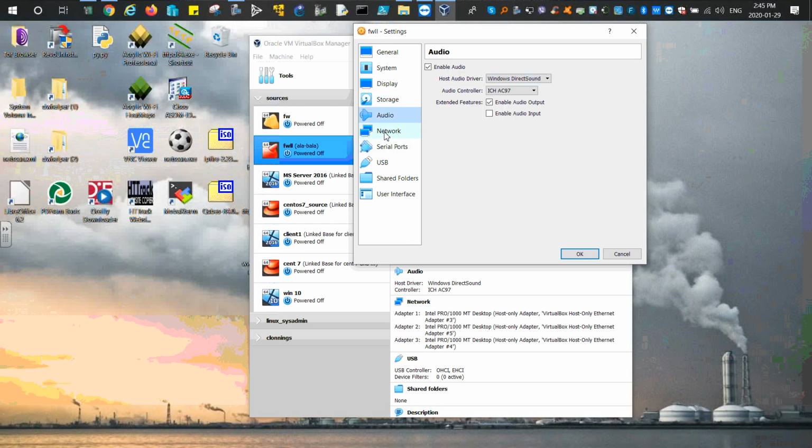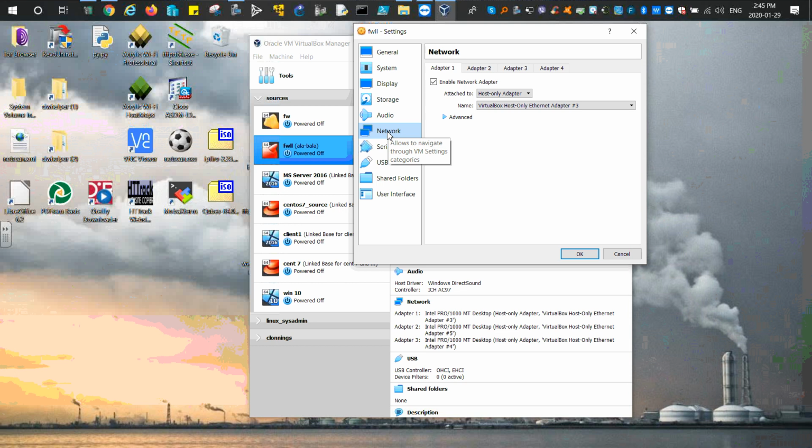Audio, we don't care. Network, well, that's firewall. Okay, when it's a firewall, you need at least 3 networks chosen. As I showed you here in the schema, we need 4. So I need all of these 4 chosen. The first one is a host-only adapter. I'm pretty sure now this is OPNsense. Why? Because if it was a pfSense,